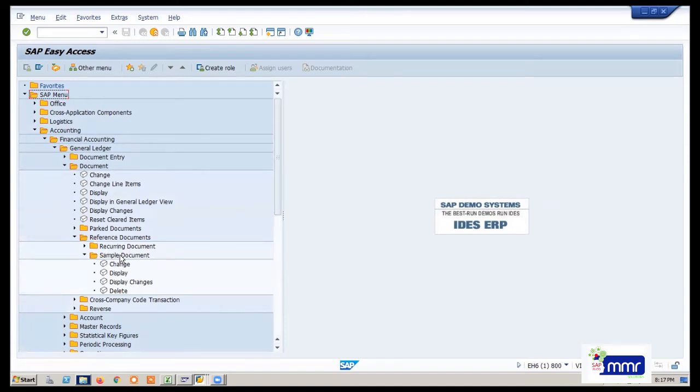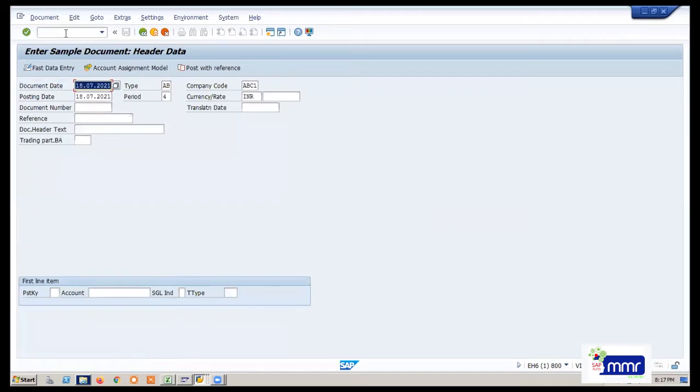You can go in the sample document folder and create or change anything. So this is the path, and directly you can go in F-01 and create the sample document here with document type SA, ABC1, date, period.